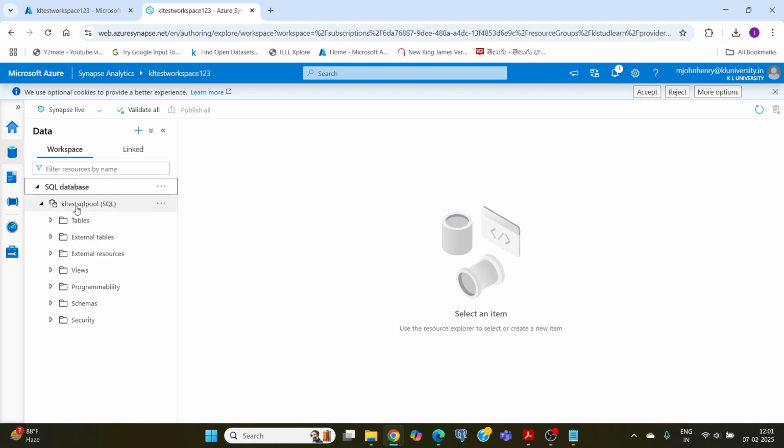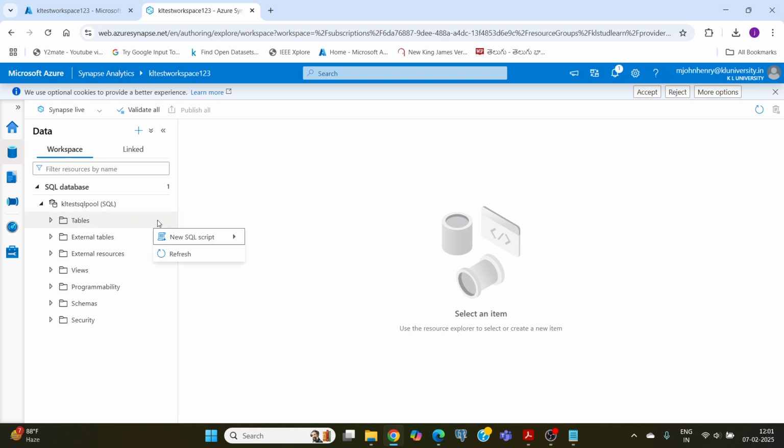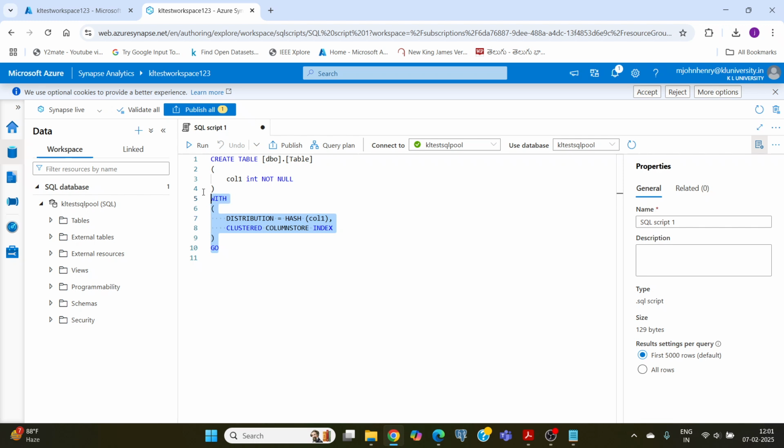Just click here. Click on the SQL pool. KL test SQL pool is my SQL pool. Click here. From this, click on the tables. You have to create one table. So click on the three dots, new SQL script, new table. Okay. What is the code which is created by default? Just remove it. Now I'm going to create one table